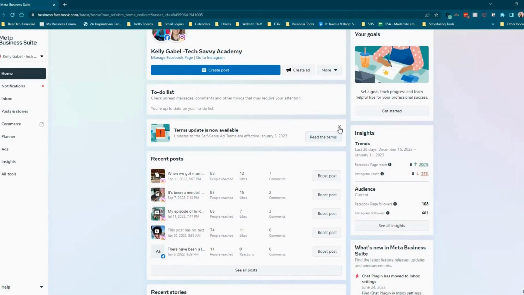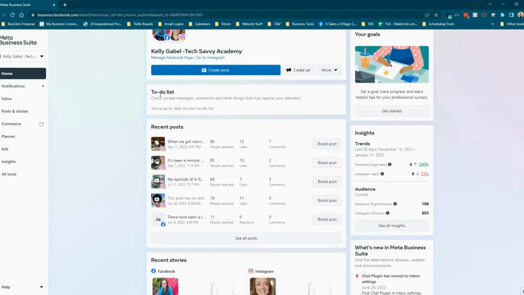So that is great. I'm going to just X out of that. Okay, so we've got a to-do list here, which is kind of nice. So checking unread messages, comments, and other things that may require your attention. So that is kind of cool, especially if you're someone who does get a significant amount of engagement on your